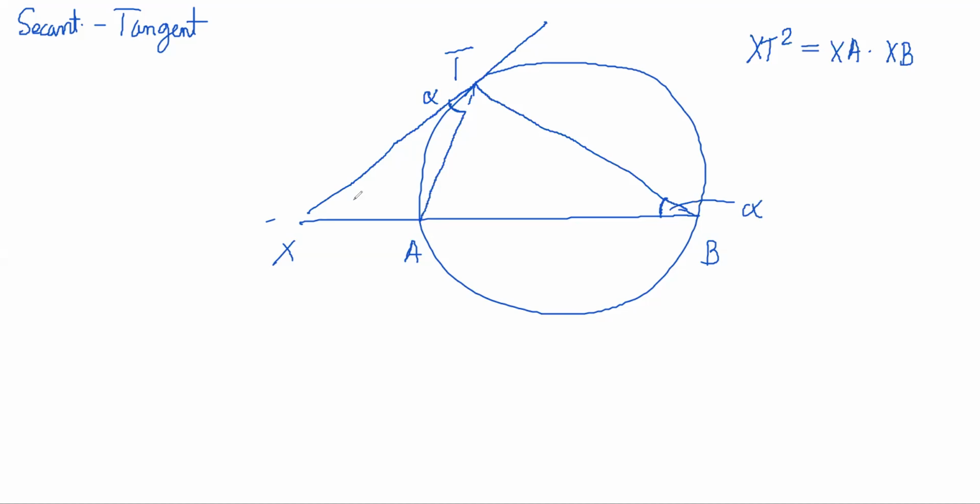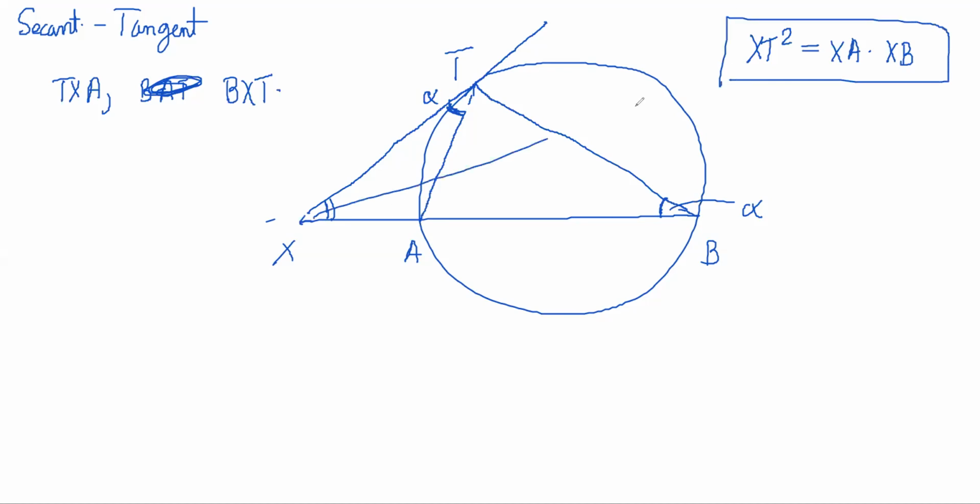What else do we have? XT. So we have an angle. Tell me, a common angle. Which triangles are you looking at? TXA and TXB? So BAT and TXA. TXA and BAT. Yes. So BXT, I think. Yeah, BXT. So one common angle and one equal angle, no? Everyone can notice this angle is equal and this angle is common, no? Okay. So now again you'll write similar triangles and you'll get this ratio.